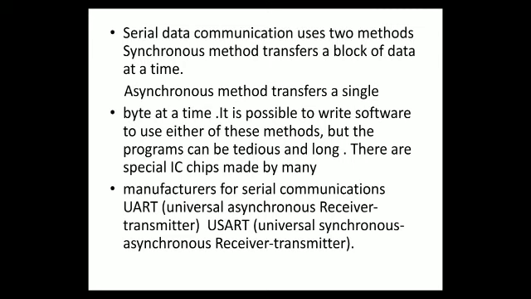This type of transfer of data is called the asynchronous method of transfer, and this is one of the simplest ways of serial data communication, because it does not need any software program, nor any tedious and long process, and there is no need for very big IC sizes. So there are two different ICs normally used, one which supports synchronous communication, another which supports asynchronous communication. Manufacturers have prepared these ICs with respect to the type of communication the devices undergo. So there are two types of ICs which we normally see for communication purposes.